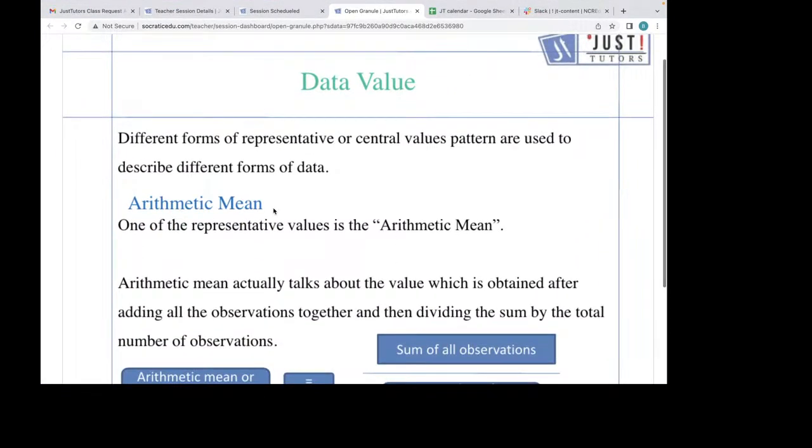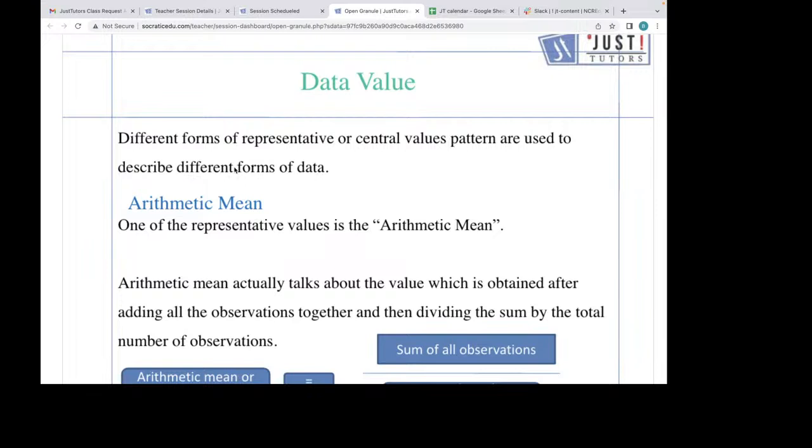Okay, now what is data value? Data value: different forms of representative or central values pattern are used to describe different forms of data. So what we can conclude from this,